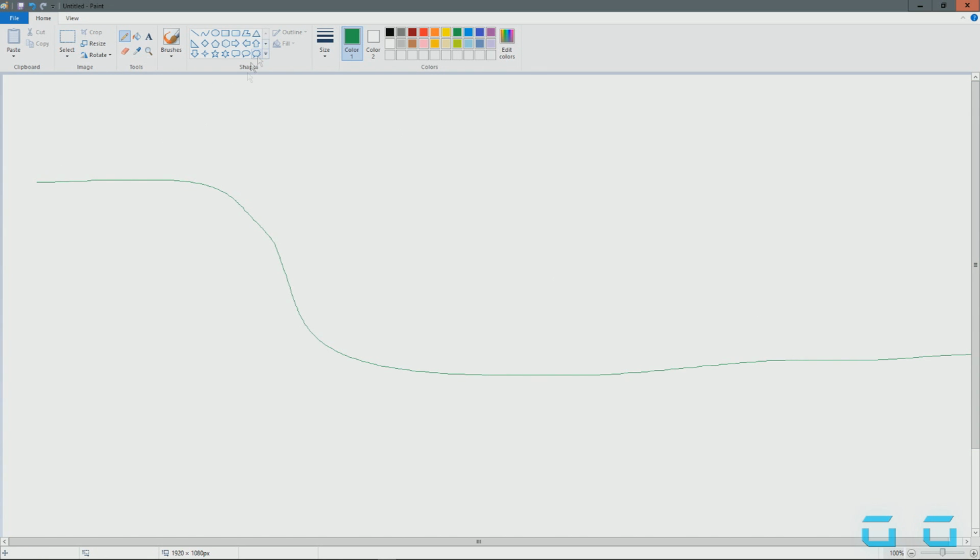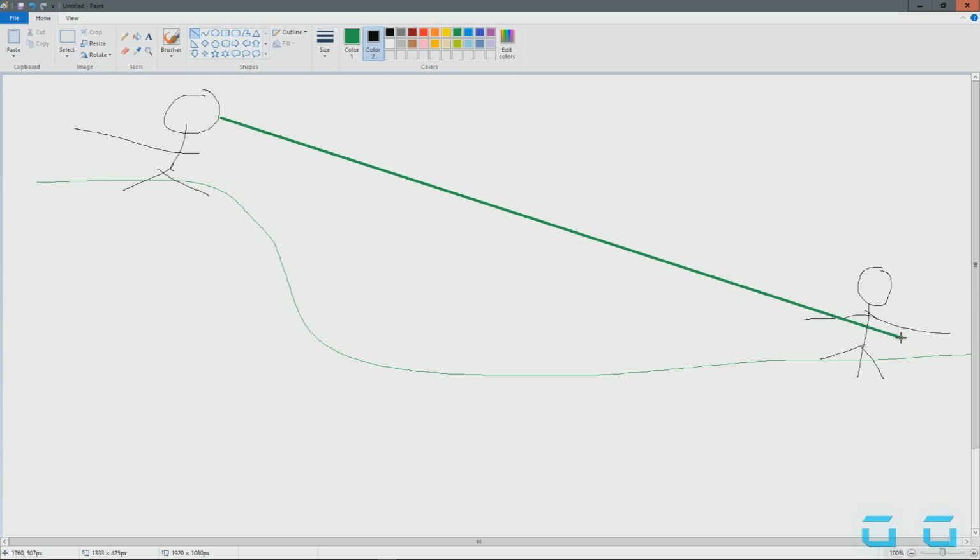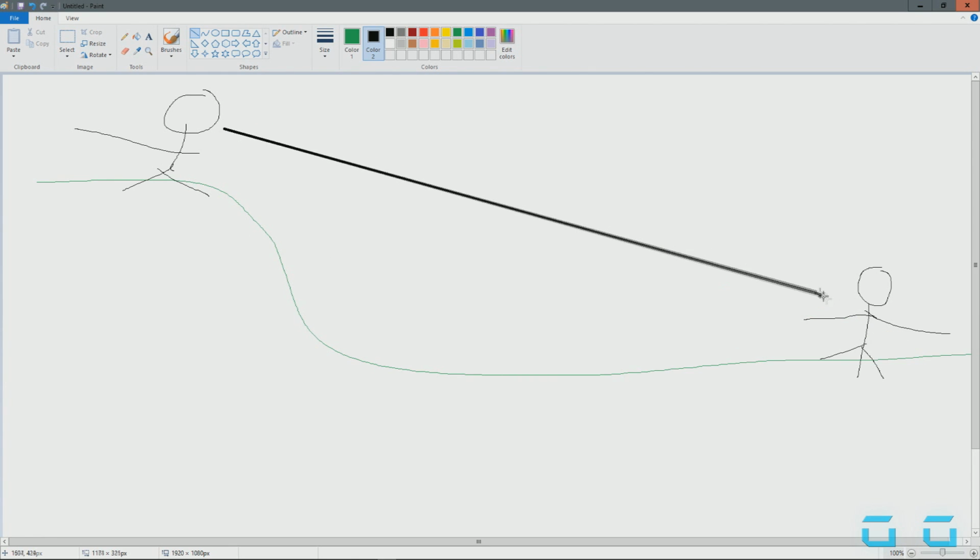Close your eyes. Just imagine with me, okay? So here is Jack. And here's Bob. Okay, so let's say that Bob is shooting at Jack, and he is shooting at him down this hill. So, if I'm shooting at him down a hill...